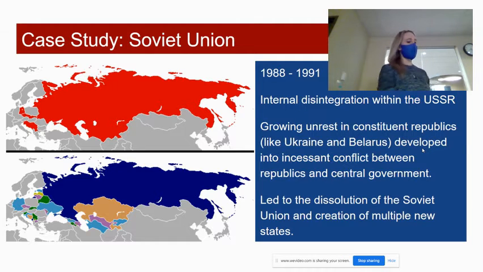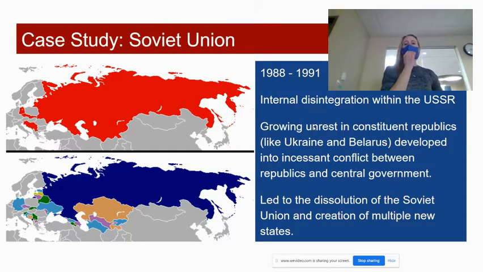The Soviet Union, which we think of today as Russia, existed from 1917 to 1991. So for the majority of the 20th century, it was communist Russia. And starting in 1988, we start to see what we call the fall of the Soviet Union. The Soviet Union encompassed a number of countries that we think of as independent countries today, because they are independent countries. So this is the Soviet Union, much larger than what we think of as Russia today.